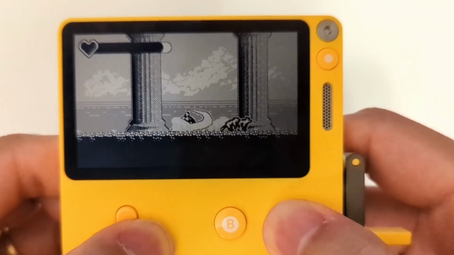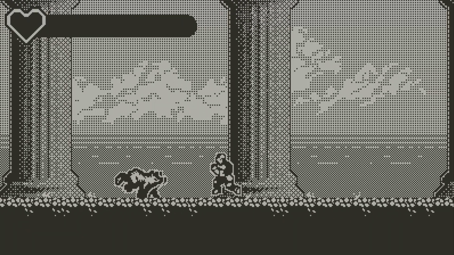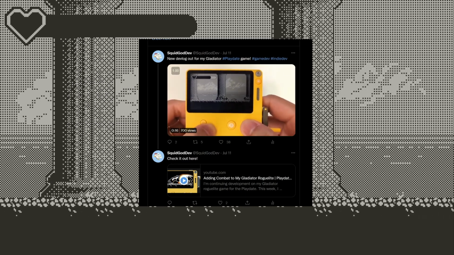I've been working on a side-scrolling action roguelite for the Playdate. Last week, I finally added an enemy to the game, the wolf, and now it's time to add new enemies. But before I started working on anything, I've been posting updates on the game to Twitter, and no joke, on